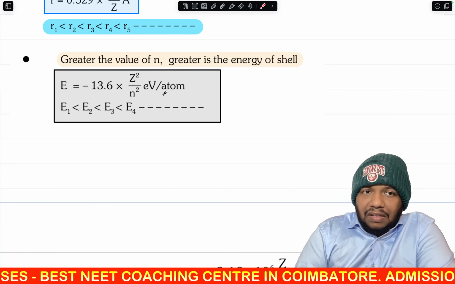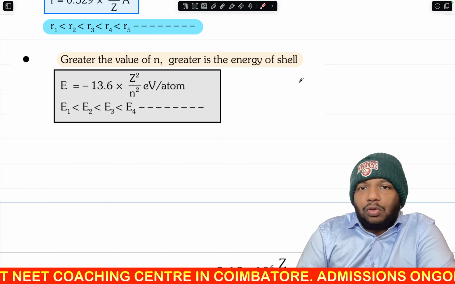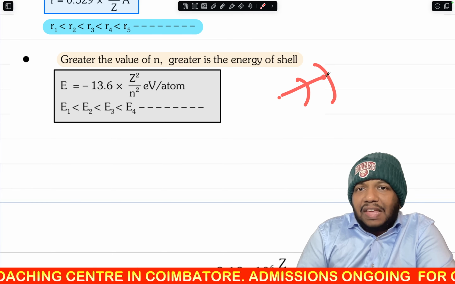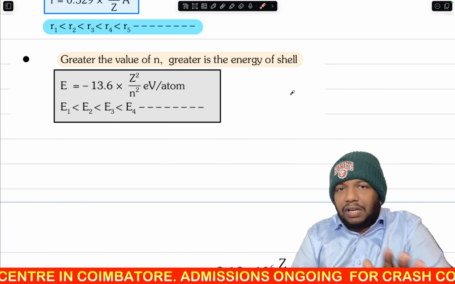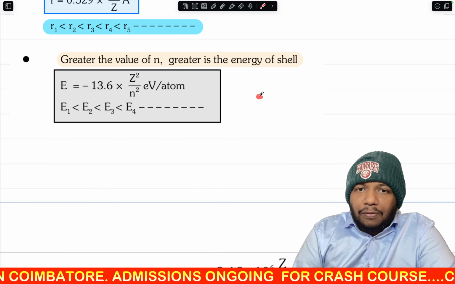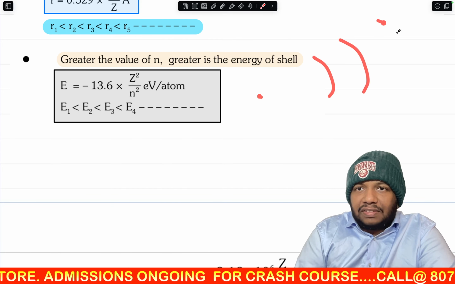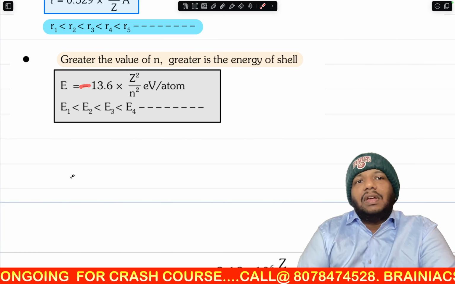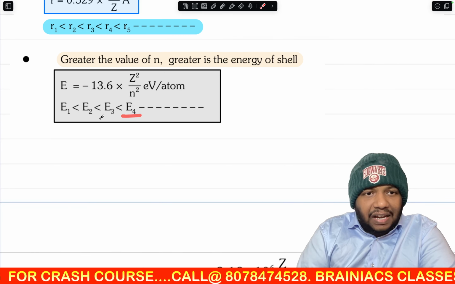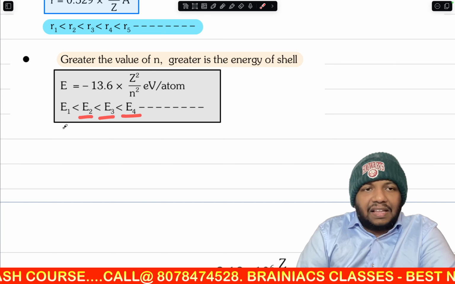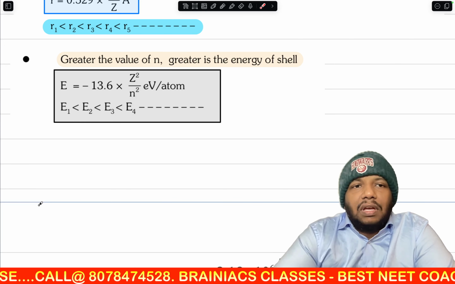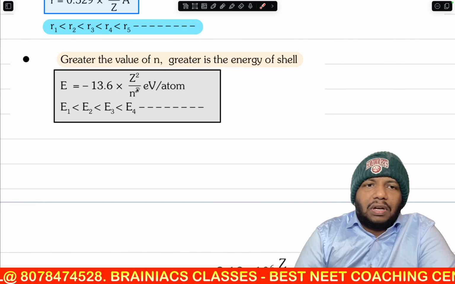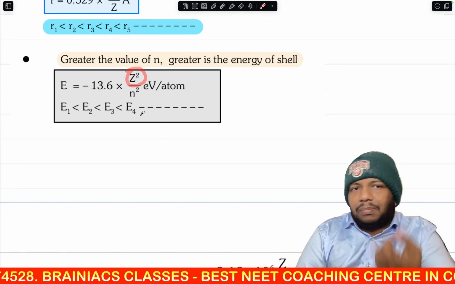Okay, so that means if it was positive, I can say as you move farther away from the nucleus, energy decreases, but it's totally different. If you move farther away from the nucleus, the energy increases. Why? Because it is a negative value here. So that is the reason why E4 is greater than E3, which is greater than E2, which is greater than E1. Or if you still have a doubt, we will take Z as a constant, maybe 1, and